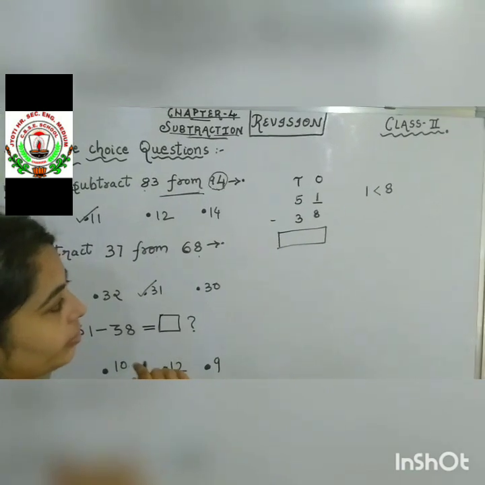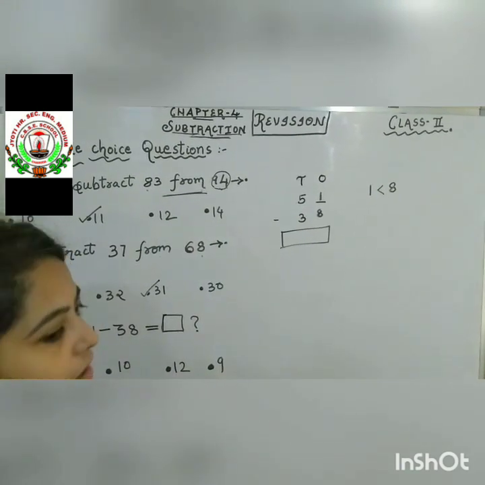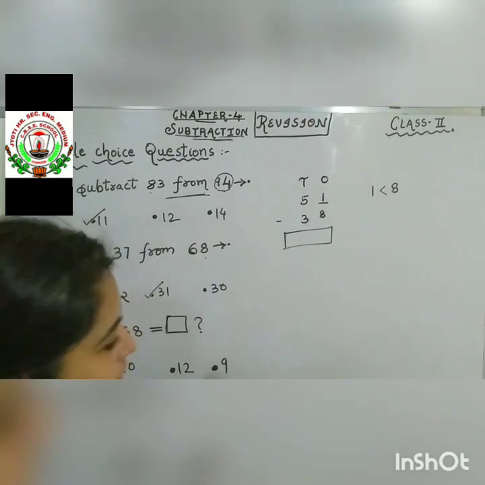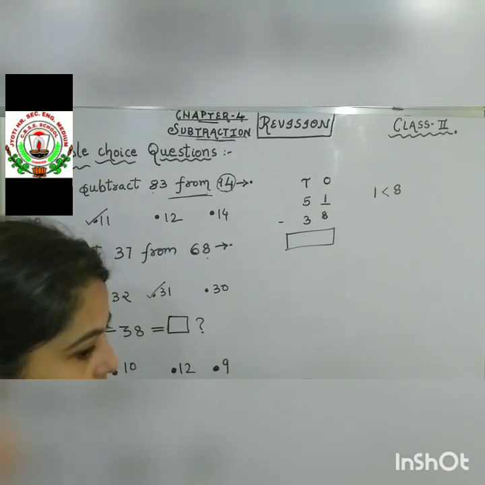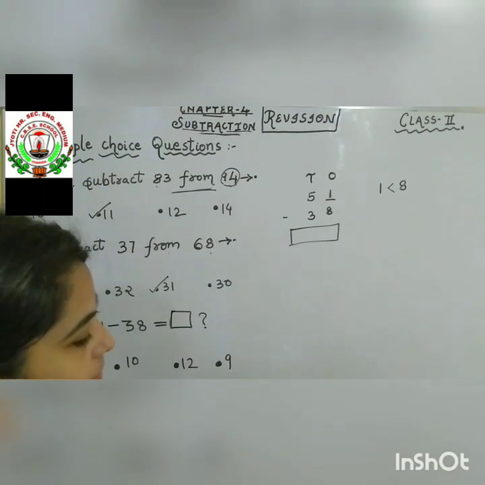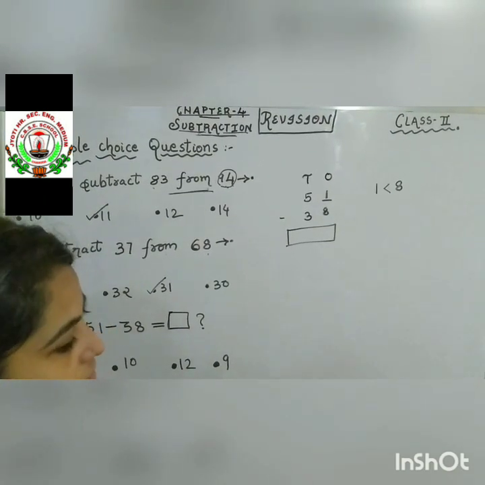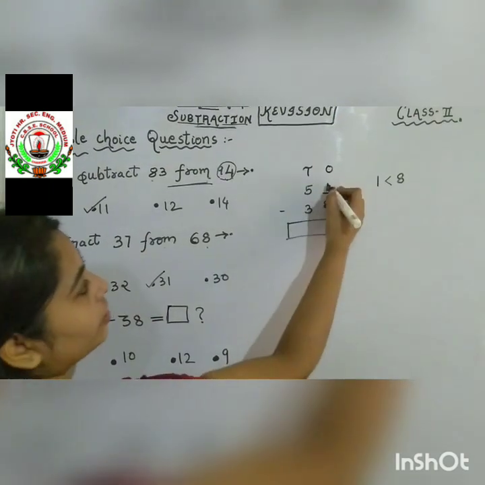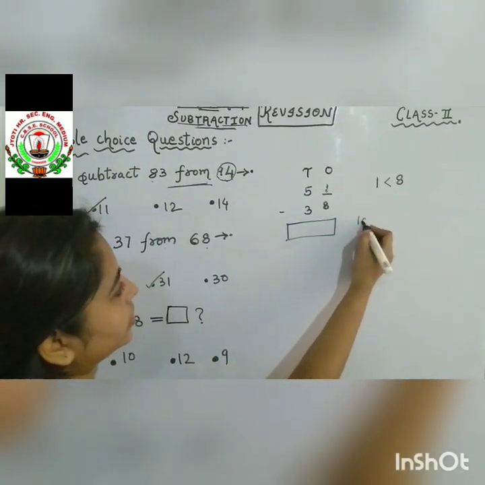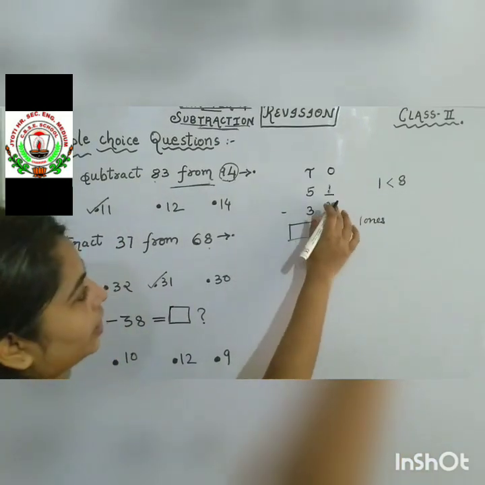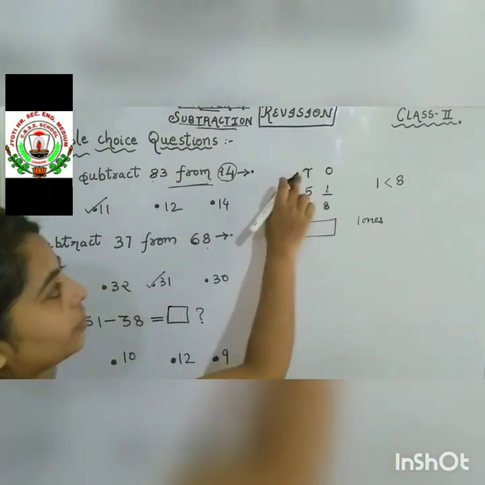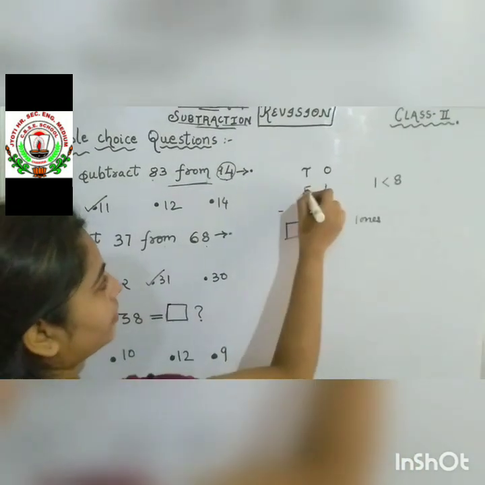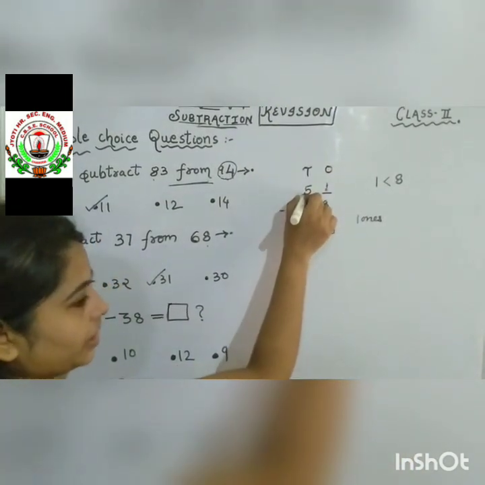So children, do you remember in the classroom also, if you are not having any pencil, then you take from another student, you borrow from another student. Remember, you take your pencil in exchange, you take from your neighbors, you take from your friend. The same way here, the 1 is less. Okay, we can't do subtraction. So this one will borrow, will ask the tens to give 1.